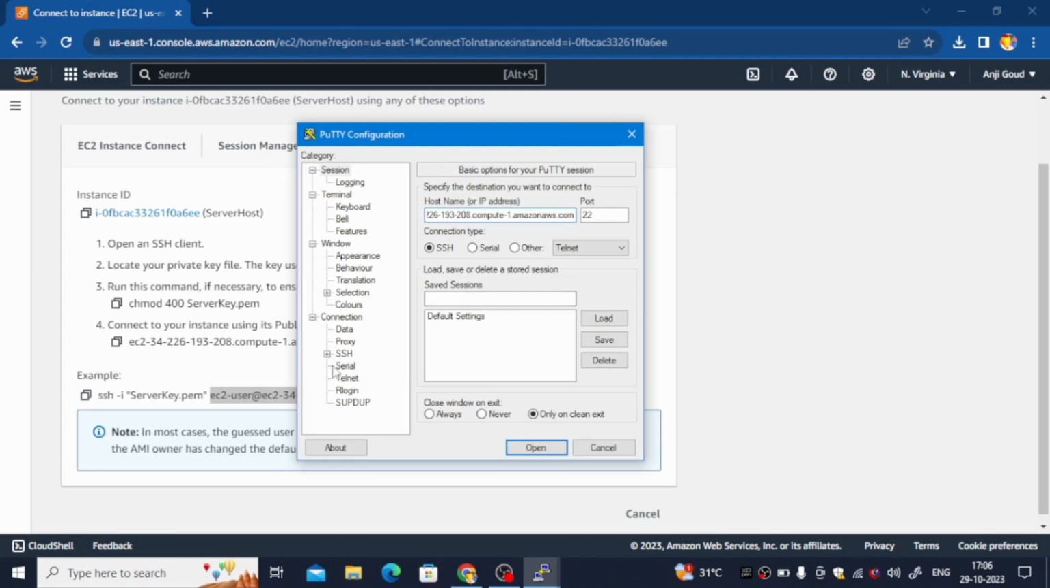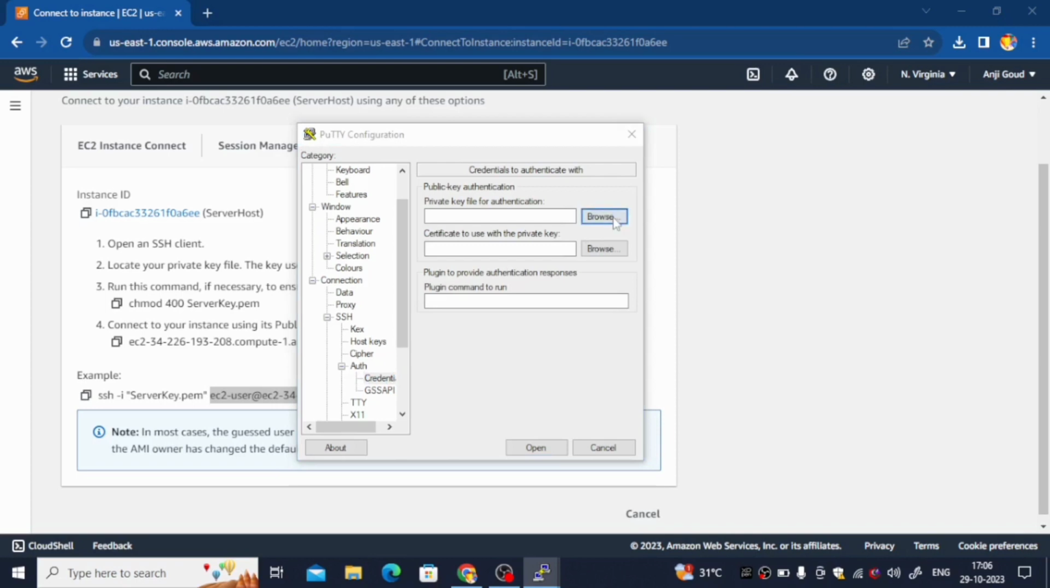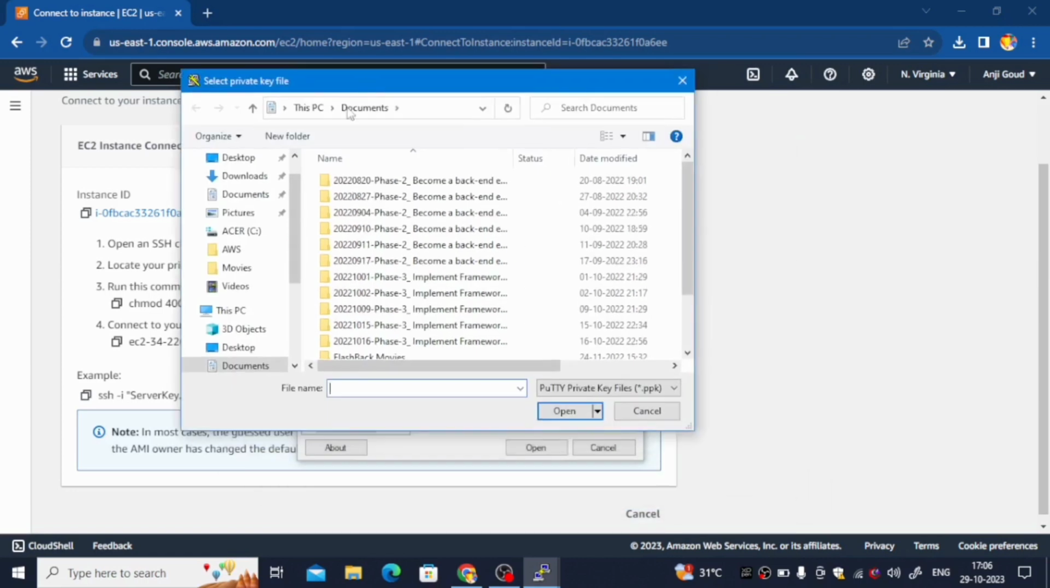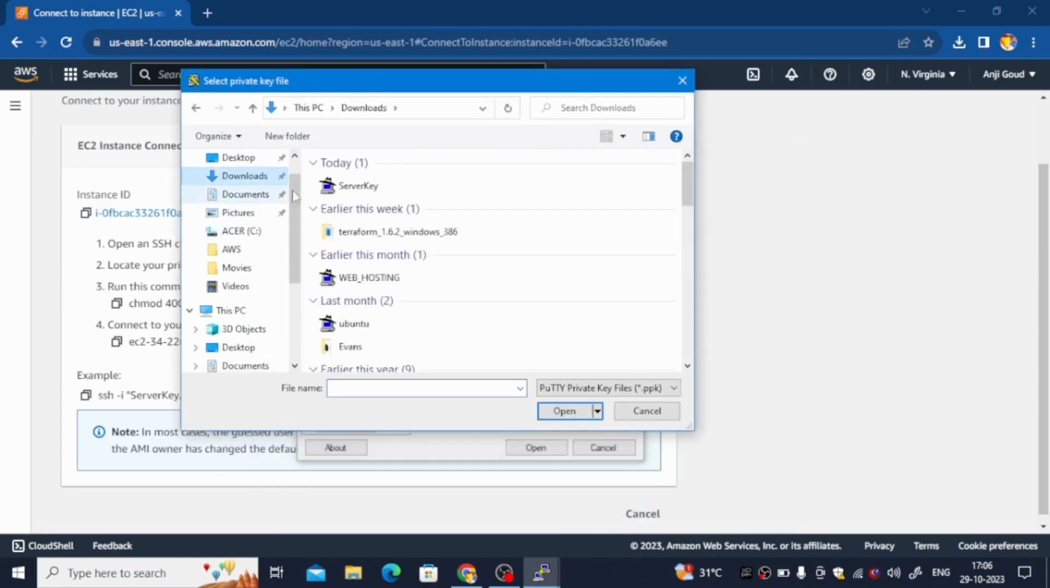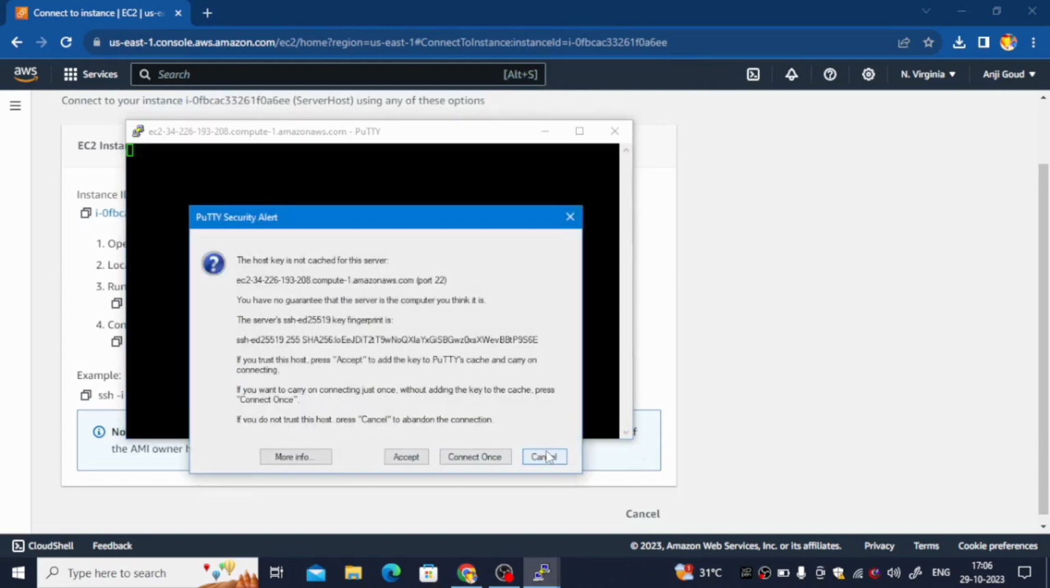Yes, you have pasted. Then go to Connection. In the Connection part, SSH. In the SSH part, Auth. In Auth, Credentials. In Credentials, you choose the private key file for authentication. Just click on this, then it will go to your Windows downloads, where your server key is present. Then open it. Just click on open, so it will automatically connect. Yes, it is successfully connected to your